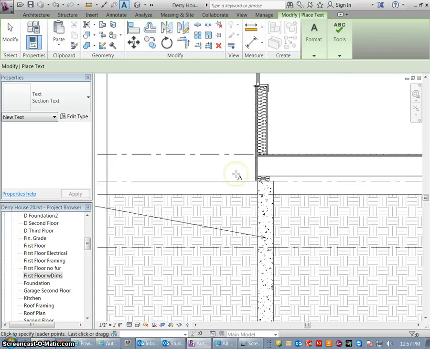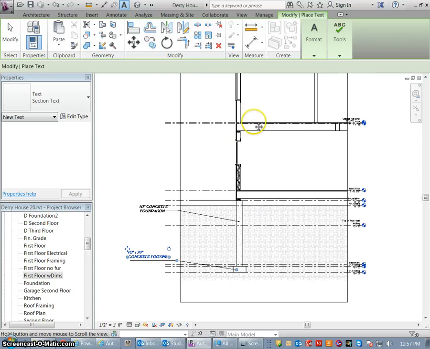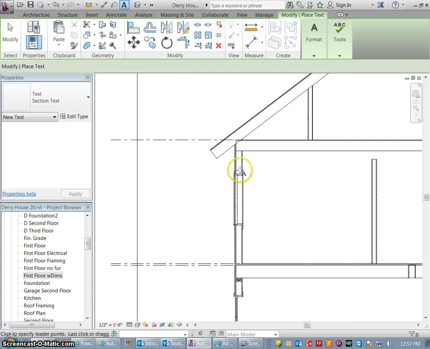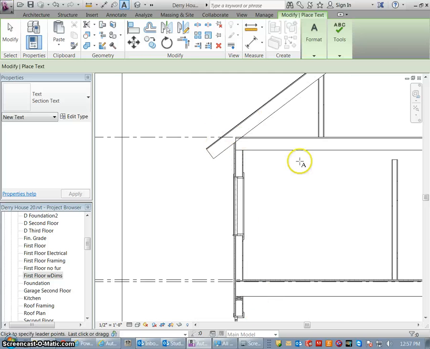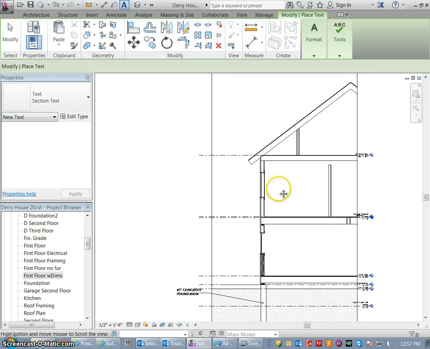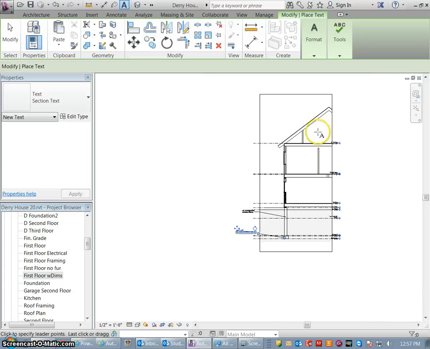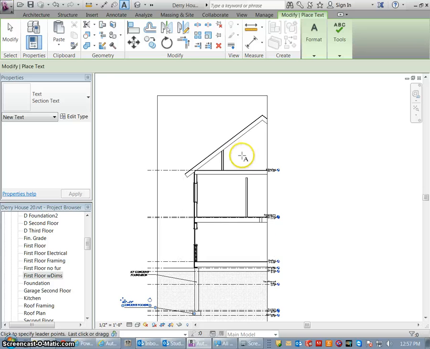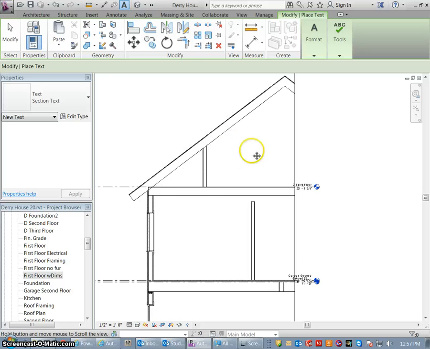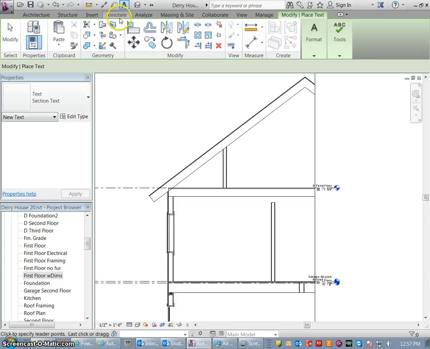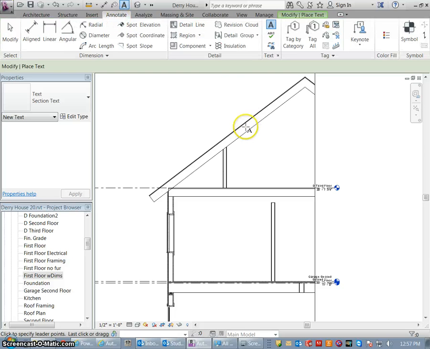Now, what I'd like you to do is add some more components that are going to fill in this area, and then I would like you to add some insulation. I'm going to show you how to do one more piece, and then I'm going to set you free to work on your own for a bit. The next thing I want to show you how to do under Annotate is we can add a